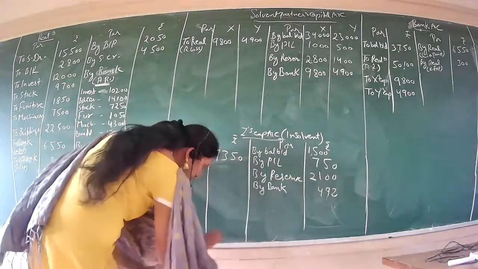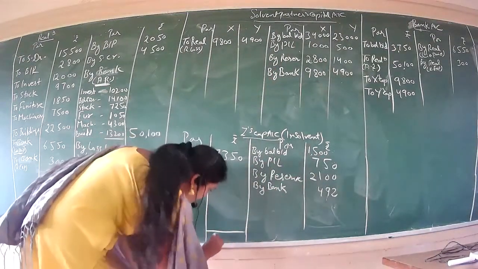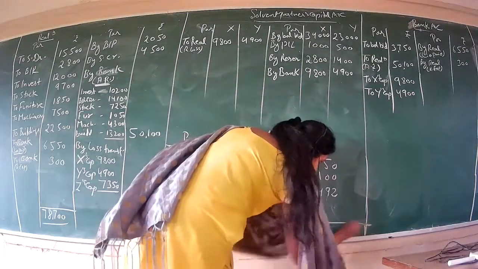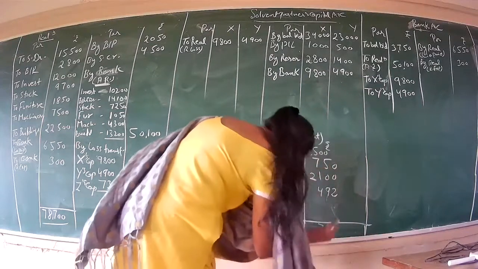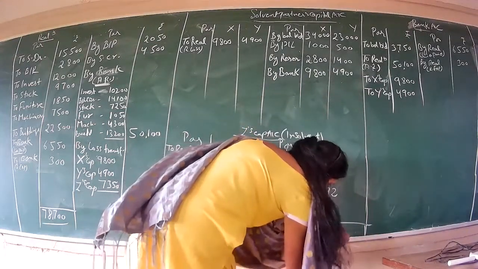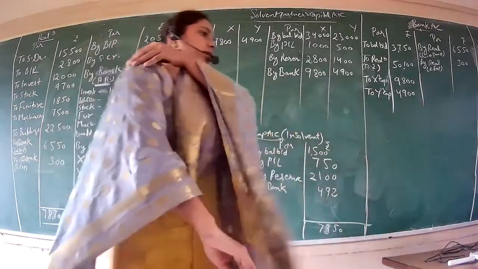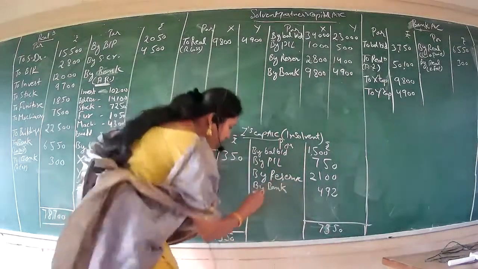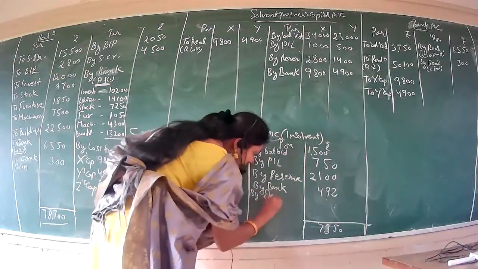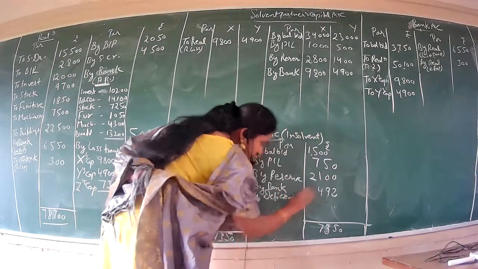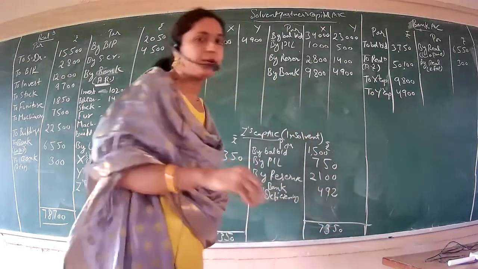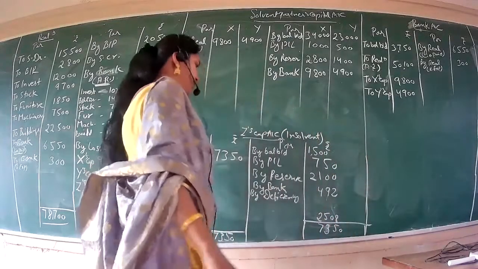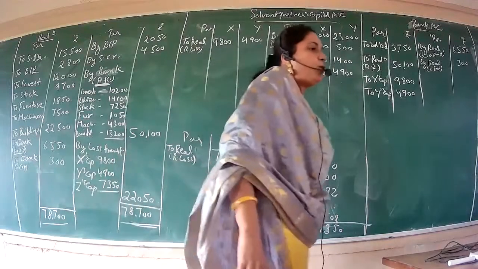So after the closing of your realization account, next step was what? To close your insolvent partner's account. Insolvent partner account, who? Your Z. So total will write both sides, 7,350, 7,350. Now, how much the deficiency? We'll just calculate the balancing figure. We are going to get the deficiency of 2,508.